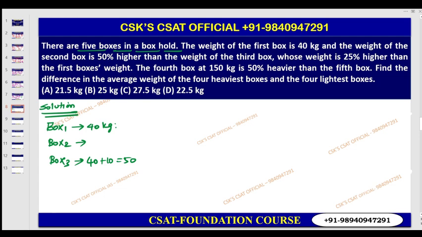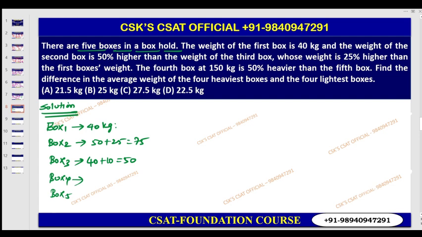Now you can go with box 2. So box 2 here is nothing but 50% more than the third box. The third box here is 50. 50% of that is nothing but 25. So therefore 50 plus 25 becomes 75. Right. Next, box 4